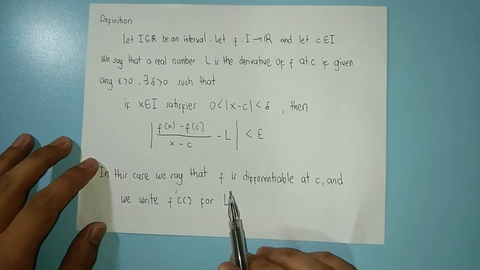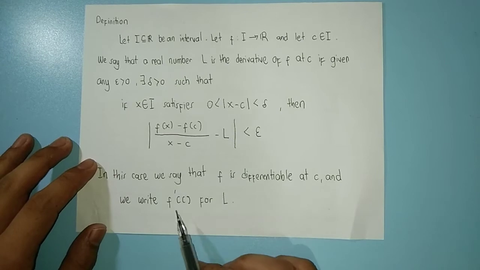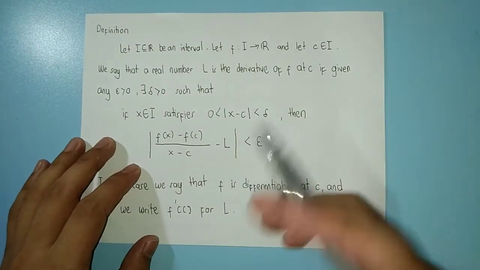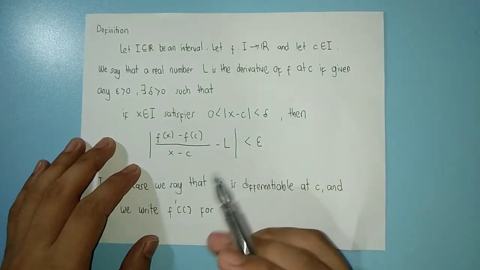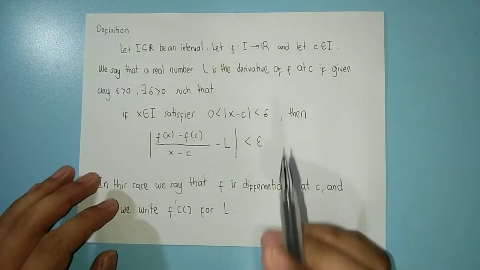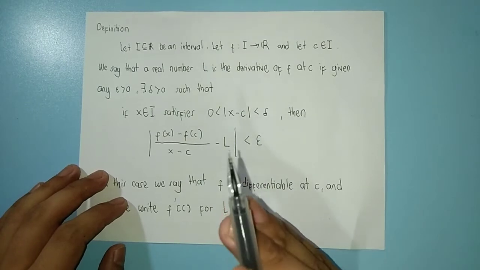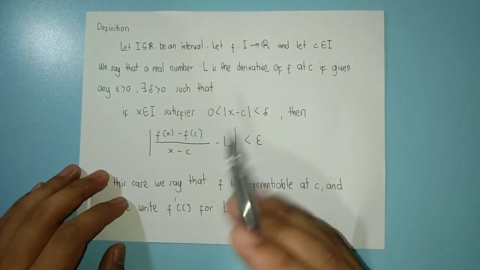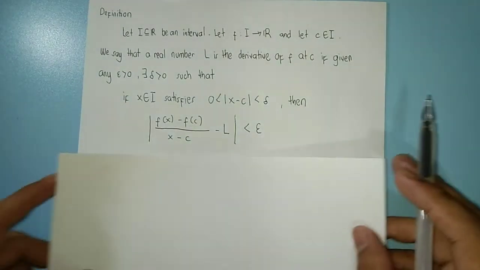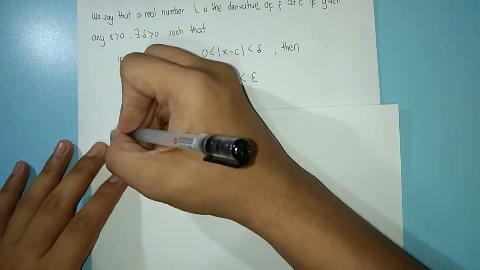In this case, we say that f is differentiable at C, and we write this symbol for L. So, this is the definition of the derivative in terms of limit. If we look back at the definition of limit, we define it using epsilon and delta. But we used the limit to define the derivative. So, if we convert it to a limit, that means the limit